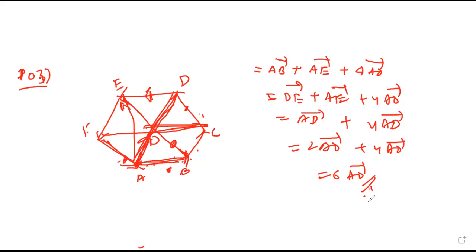Sir, I also have one more method in mind. I got the same answer, but I have one more method. We know that this is a regular hexagon. In a regular hexagon, all the sides are equal, and a regular hexagon always has 6 equilateral triangles in it. So OA is equal to OB is equal to OC is equal to OD till OF. Then AB plus AD, AE, all that we have been given, we can substitute all as OA, and we will get 6 AO.